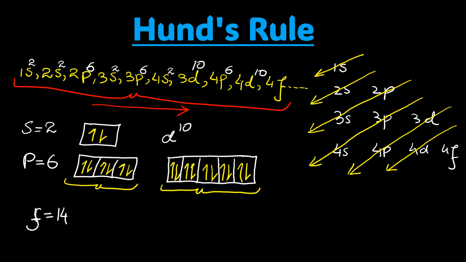So this means that the number of orbitals in the f subshell will be 7, because the maximum number of electrons that can be accommodated in an orbital is 2. So there will be 7 orbitals in the f subshell: 1, 2, 3, 4, 5, 6,